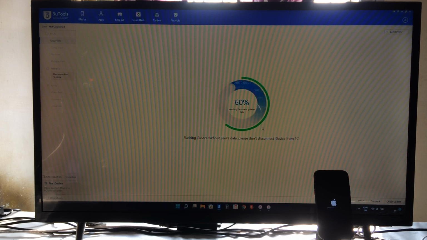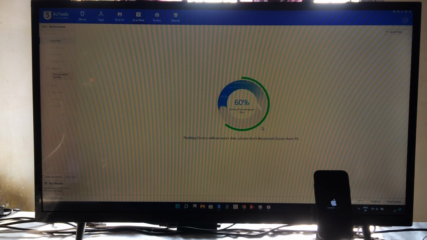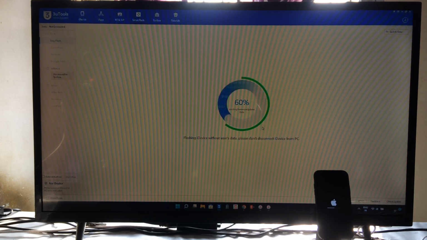So if you would like to clear and install the new iOS smoothly, then of course use the original data cable, and the battery should be, of course, more than 70% charged on your device.